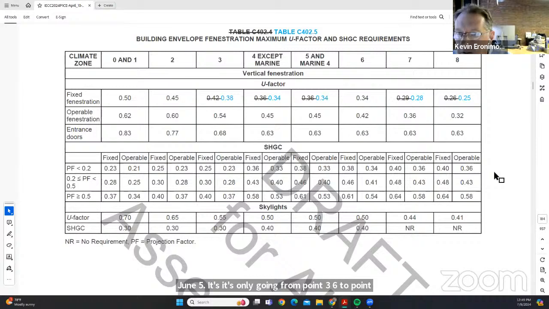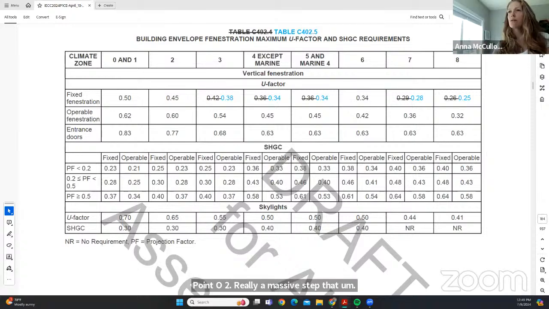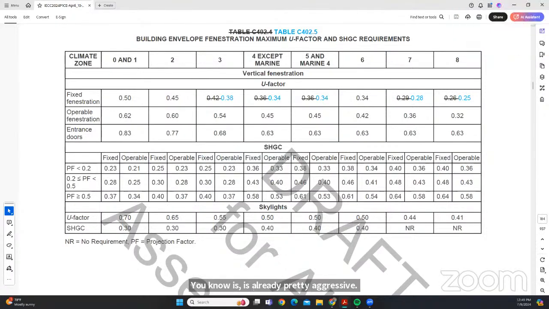Yeah, thanks. And it might be, Anna or Hope, like when you've seen this, how much does that really move the needle, or is 0.02 really a massive step that is already pretty aggressive? Yeah. So, oh, go ahead. I was just going to say that when these were presented to the committee, there are a lot of the fenestration and glazing manufacturing industry who participate.